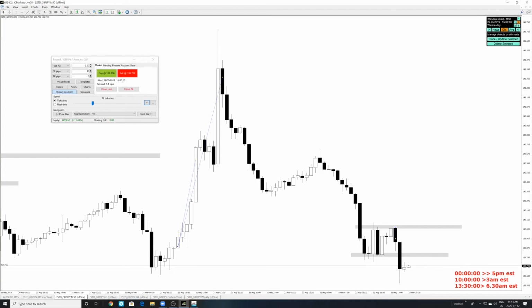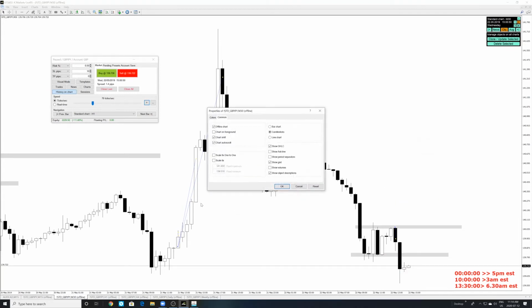All right, so we got the 30-minute candle closing right over here. So what we learned is that two things can happen, right? Either this candle can move up to create a top wick and then move down, or we can have this candle break the low of the previous candle, and then we can take a sell for price going down. So these are two scenarios we're going to look at right now.